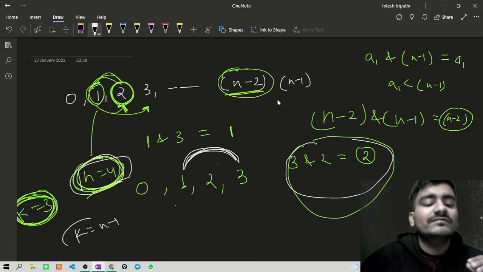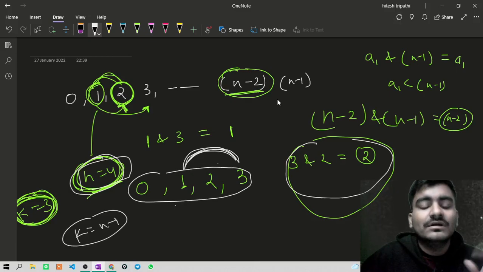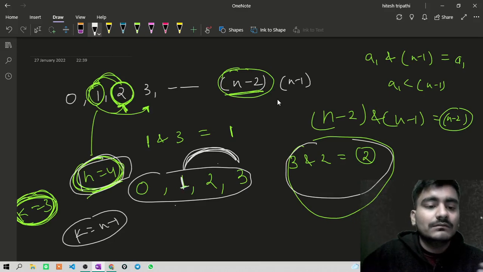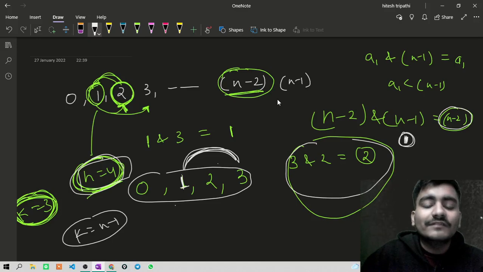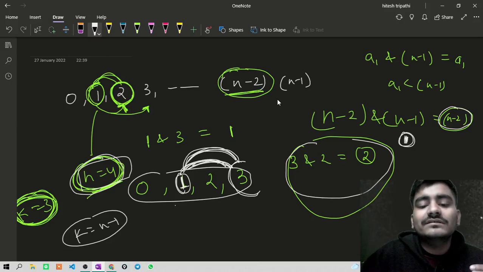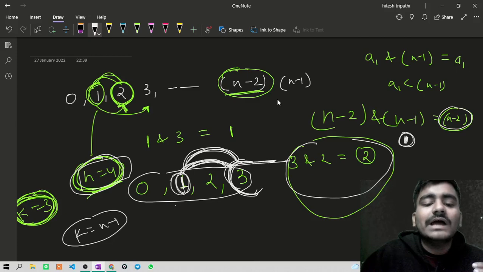I hope you understood so far that when n is equal to 4 and k is equal to n minus 1, I do not have a valid solution, because for making a 1, I can get n minus 2 from here, but for making a 1 I do not have some value to pair with. So the value I need to make a 1 must be 3 or greater than 3. After that only I can make a 1. Or from this you can say that n minus 1, here 3, so 3 minus 1 should be greater than or equal to 3.